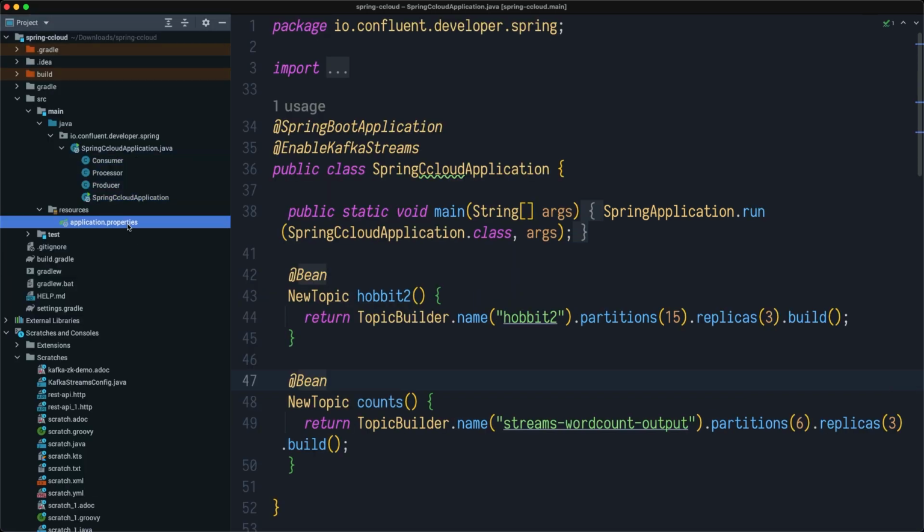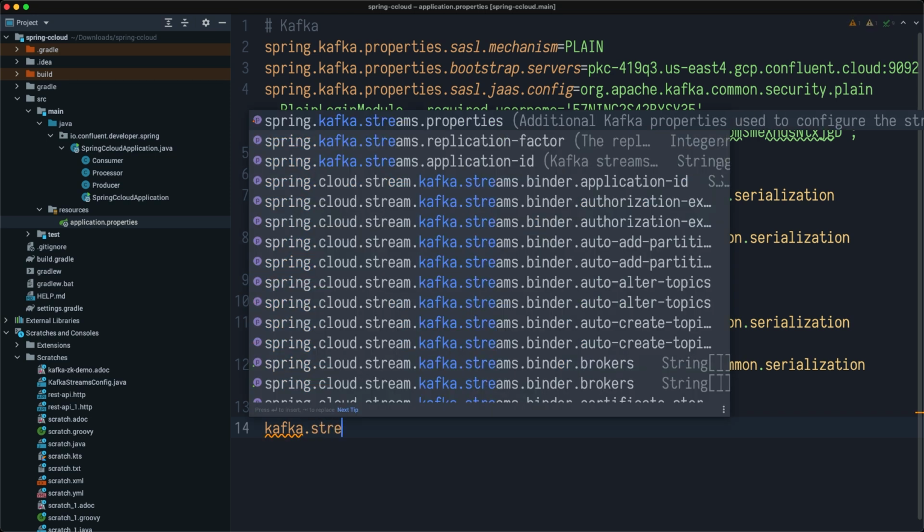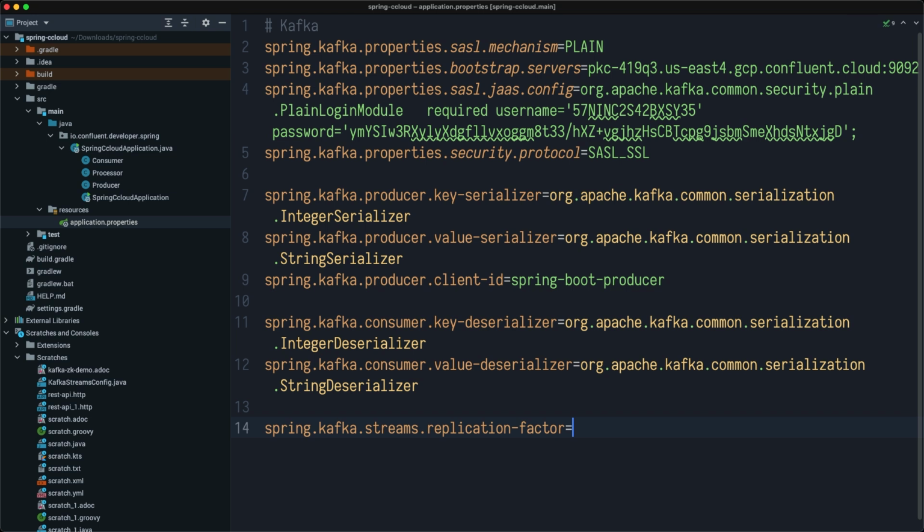So in our application configuration, we also need to specify a couple of things. So Kafka Streams replication factor for all internal topics that Kafka Streams will create for repartitioning, for state store. All these topics also need to have a replication factor. We need to set this here in the configuration because it will not allow me to create the topics with the default replication factor, which is 1. That's what I need to do.